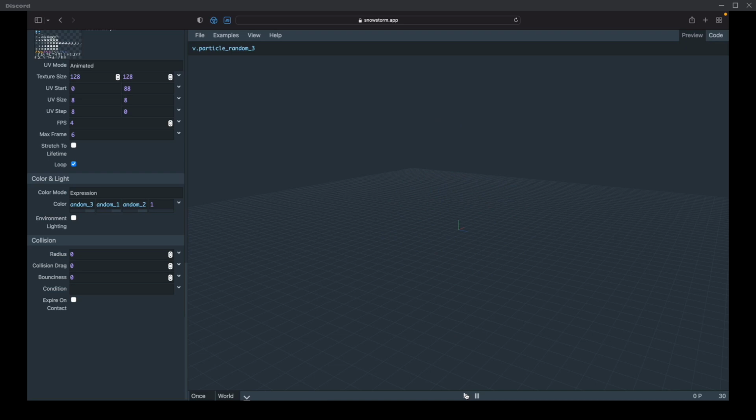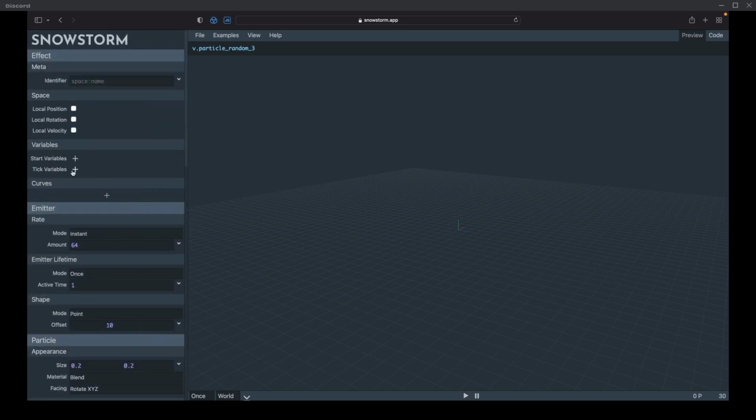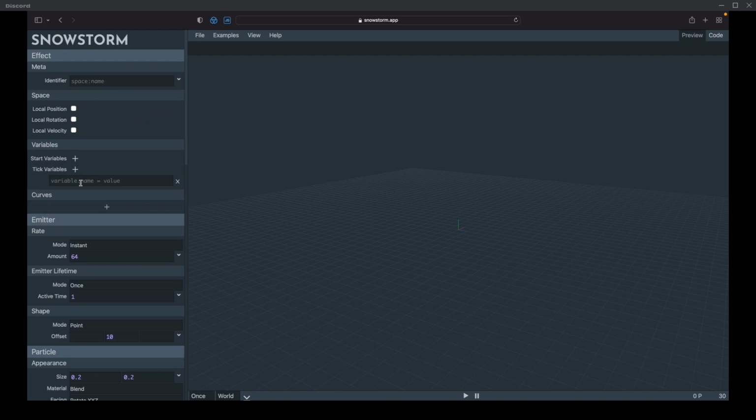And unfortunately, when you are just using a single particle effect and you're not using sub-effects, which again we'll get into later, as far as I know, using these 4 particle random variables is really the only way to make each particle have its own independent aspect. Because otherwise the effects are evaluated per frame for every single particle. So that means they're going to share a space. As a demonstration, if I go up here, there's these tick variables, and these are essentially reevaluated every single client frame.